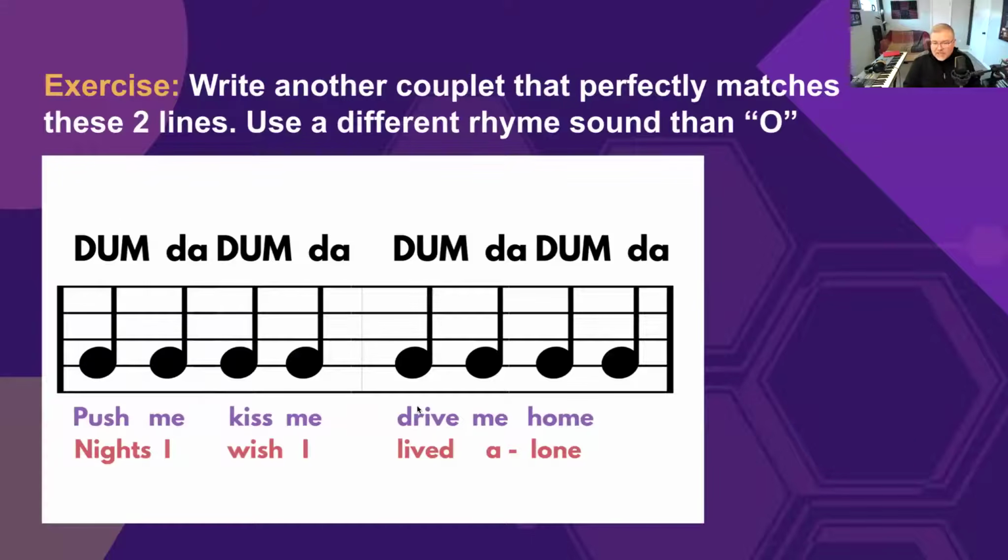So we have "push me, kiss me, drive me home, nights I wish I lived alone." Your next two lines would be dum da dum da dum da dum, dum da dum da dum da dum. And what I'd like you to do is try to write a couplet that uses a different rhyme sound. So try not to use the O, the "ohm", or the "lone" sound, but let's take about 5 minutes and